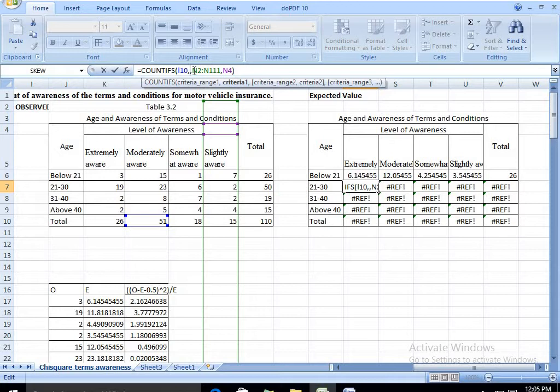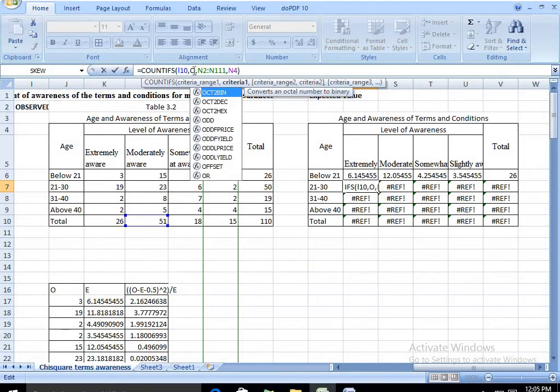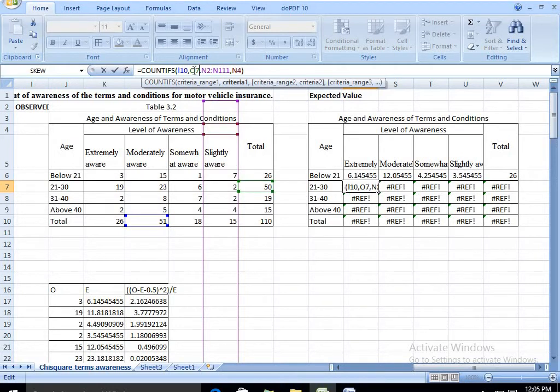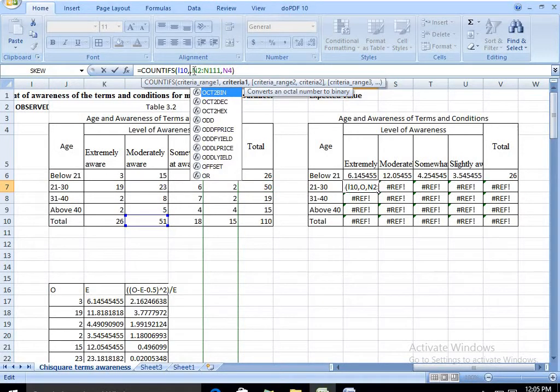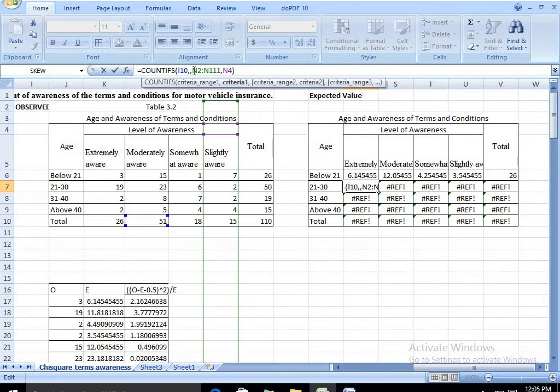L10 into O7, L10 into O7 divided by O10.